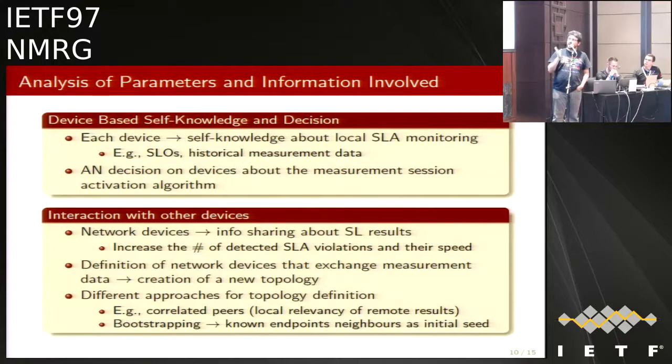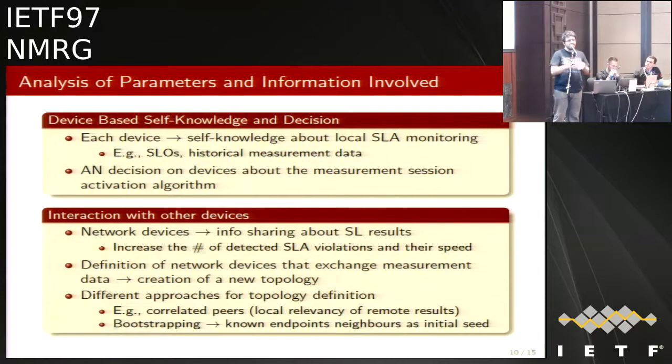Also, we consider the interaction with different devices in the network, and the devices should and can share information about the network itself, for example, about the topology of the network and the flows which are interesting to be measured. In order to have this sharing, it's important to assure that the devices which are communicating have some properties which enable the sharing of information among them, for example, the operating system, the neighbors, or the AS features and this kind of stuff.